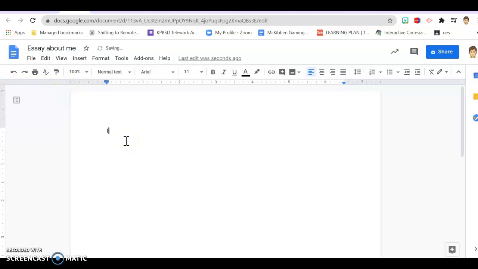And then once you start typing in here, these automatically save every few seconds or every few keystrokes. So you can see it says last edited was seconds ago and it's already saved it. So you don't ever have to save this. If when you're done working on it or you want to come back to it, you just X out of it